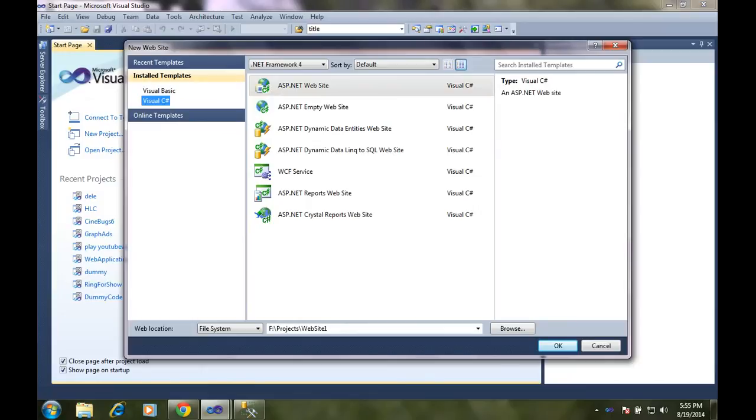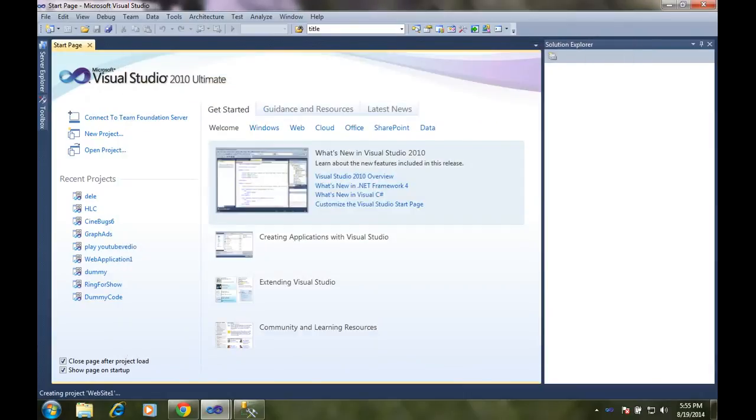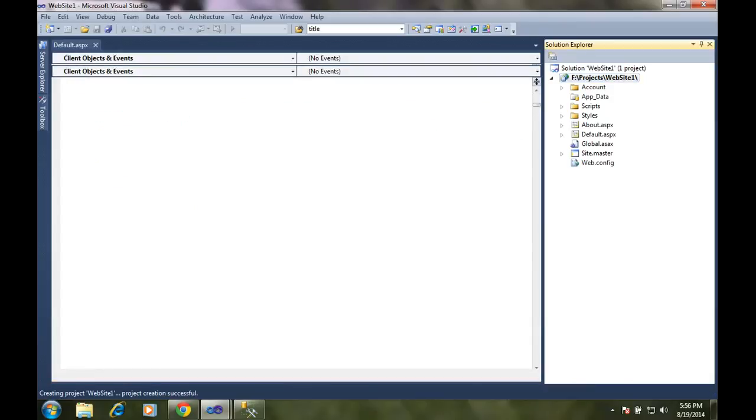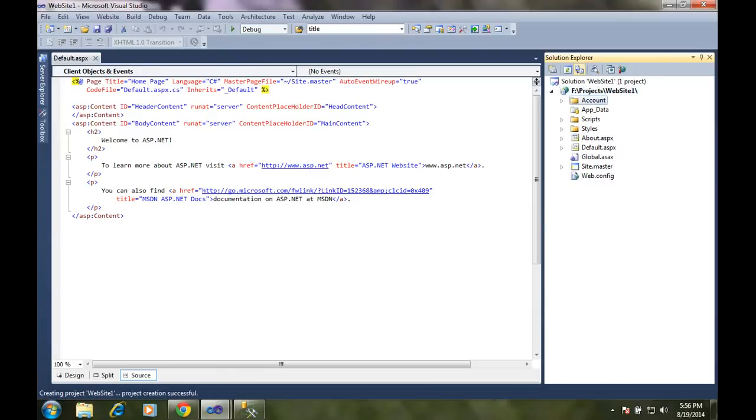It will ask for the file path where you want to save this project. Just name it project website 1, ASP.NET website, just OK, and here you can select Visual Basic or Visual C#. Now we are going to see Visual C#, just OK. It's added. Here so many things are unnecessarily added. It's all some features we don't want, we don't want to complicate more, just delete.